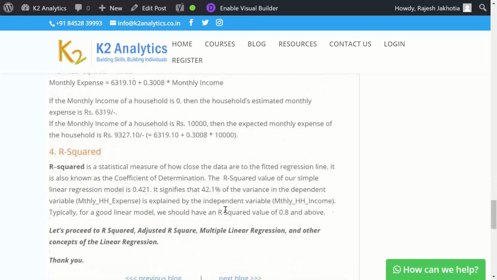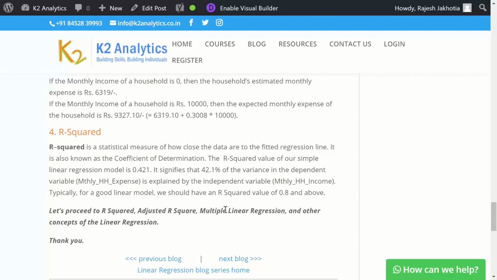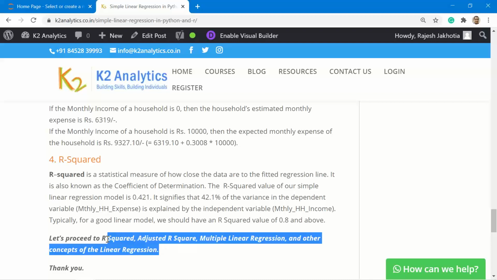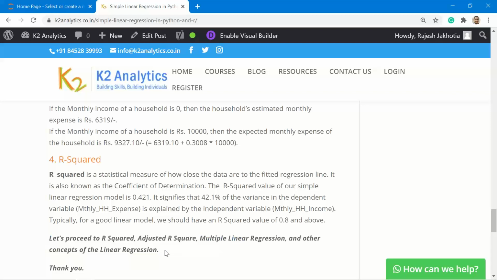Those calculations I will explain in our upcoming session. We'll cover these concepts of R squared, adjusted R squared, and multiple linear regression in our upcoming session.